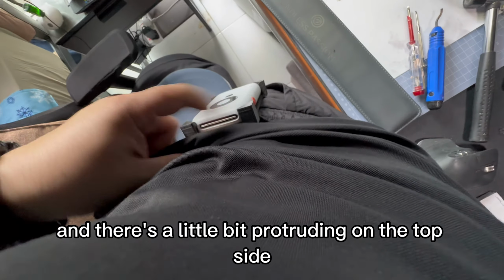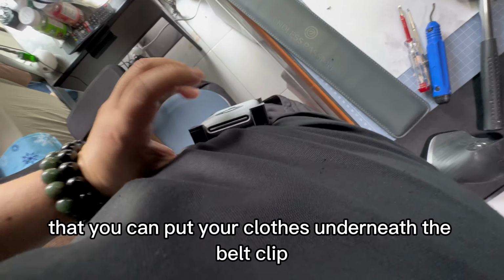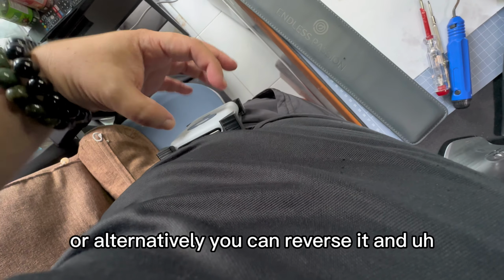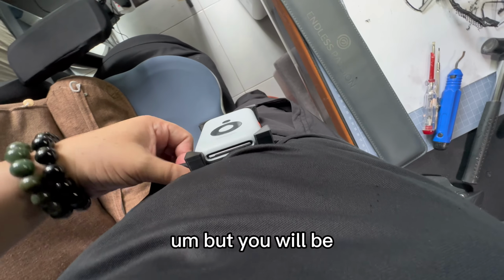And there's a little bit protruding on the top side so that you can put your clothes underneath the belt clip, and you will not cover the exhaust or the top. Or alternatively, you can reverse it and put the exhaust at the bottom. But it will be